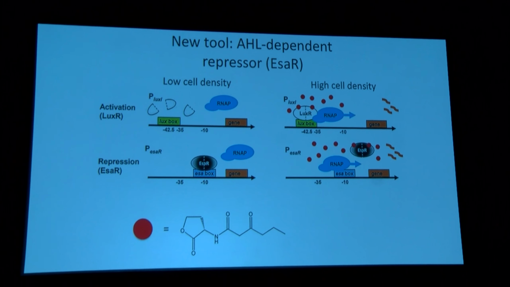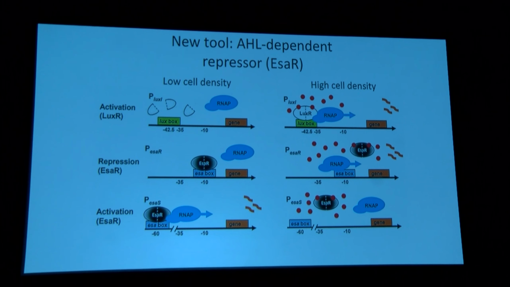It has different dynamics. We thought we could make different types of promoter type systems, which we've also done, so AND gate type systems. But one of the things that we thought was really cool about it was that if you swap out this promoter, so you move from this ESA-I promoter to the ESA-S promoter, then essentially the ESA-R becomes an activator, and gene expression is now on in the absence of signal molecule, and you can add the signal molecule and turn it off. And so there are, of course, many examples of promoter systems like this in nature, but there's not a lot of examples like this that are available for biotechnology.